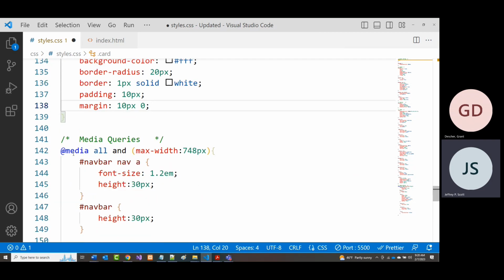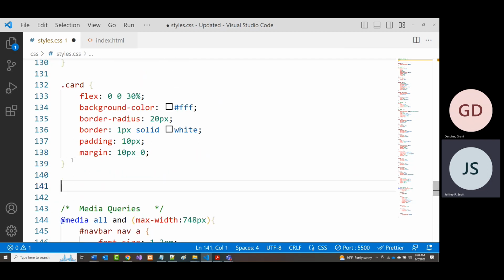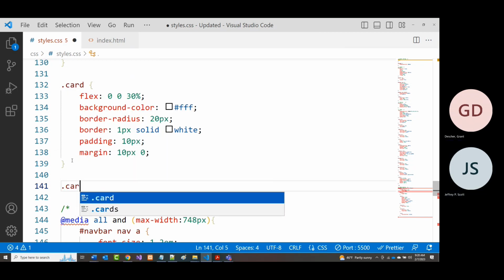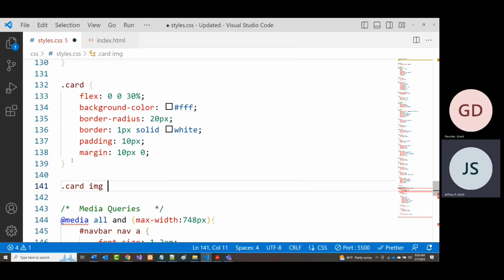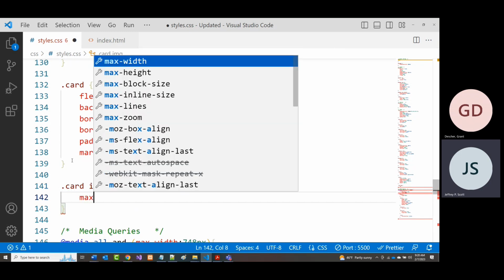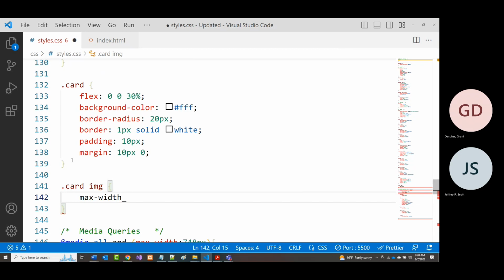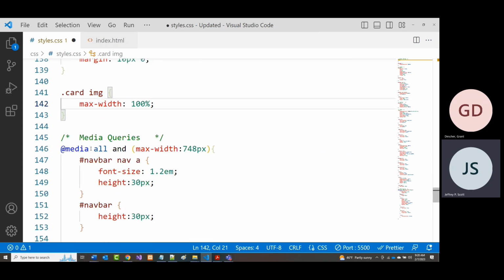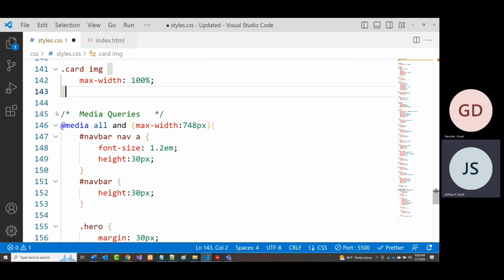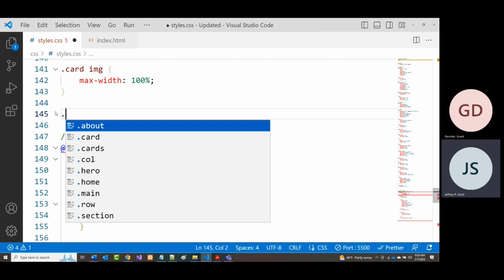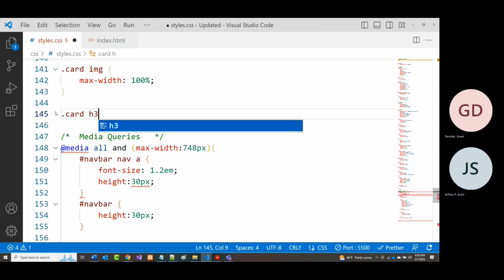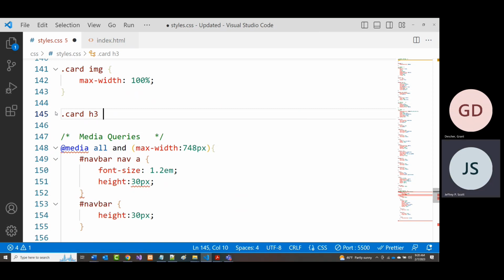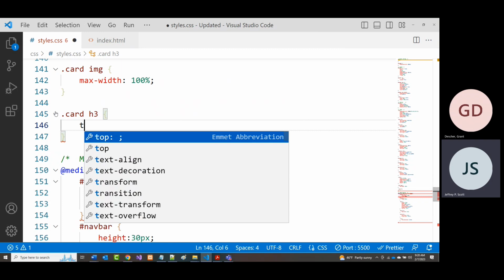All right, so I've got my cards done and my card done. But remember that those cards, each one of those cards has an image. So what you oftentimes put in here is max width 100%, which basically means that regardless of the size, I want that image to take up as much space as it possibly can. All right, a few more things to put in here. There was an H3 in there too. So again, and this is all subjective as far as how you do this, but